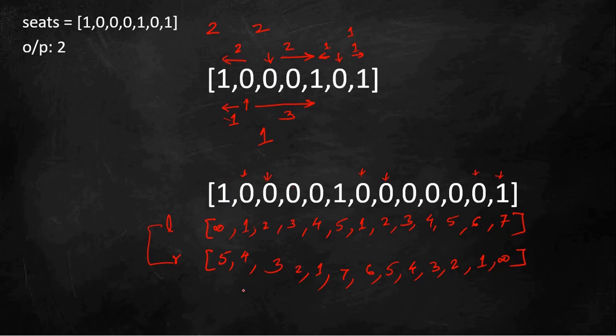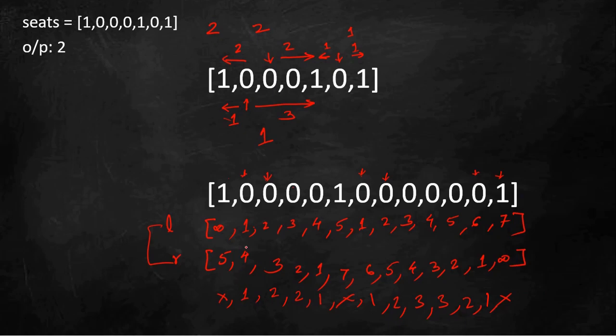Now between this and this the min is 1, between this and this the min is 2, between this and this the min is 2 again, for this it is 1. Here since the seat is taken, we won't consider this. So I am putting a cross here, I am putting a cross here as well. Between this and this it is 1, between 2 and 5 it is 2, between 3 and 4 it is 3, between again 4 and 3 it is 3, between 5 and 2 the min is 2, between 6 and 1 the min is 1. Here it is taken, so since the seat is taken I won't consider this.